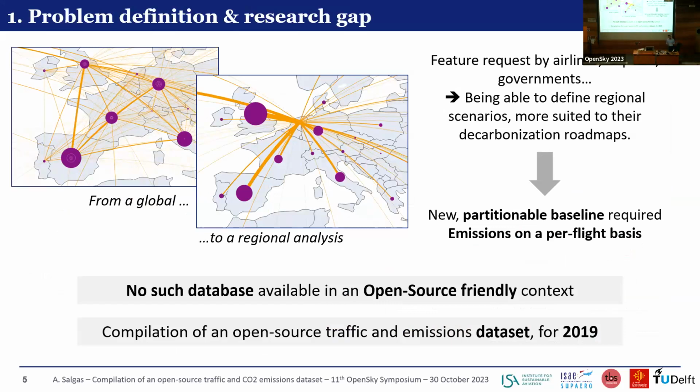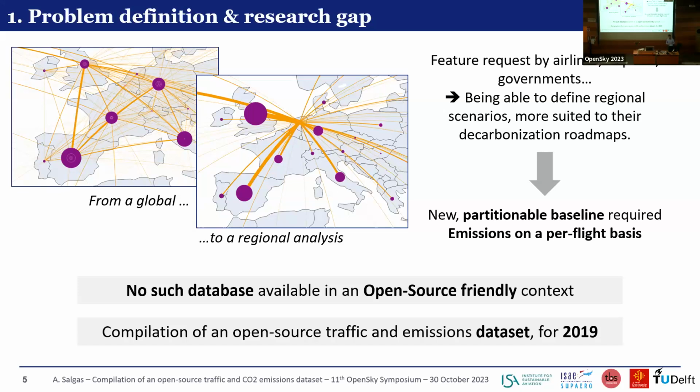But that meant that we have to switch from the current top-down approach for estimating CO2 emission that is just looking at the fuel consumption, the kerosene consumption of the whole world, to a much more bottom-up approach that computes each fuel burn for each flight in the world, for each route at least, not each flight, so that we are fully able to partition the estimation as we wish.